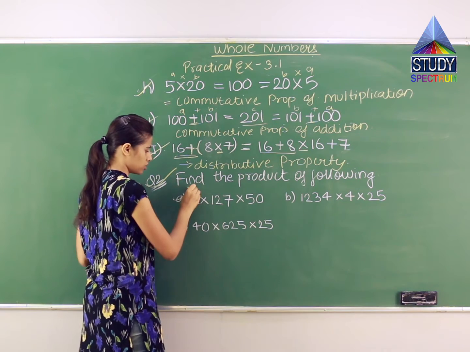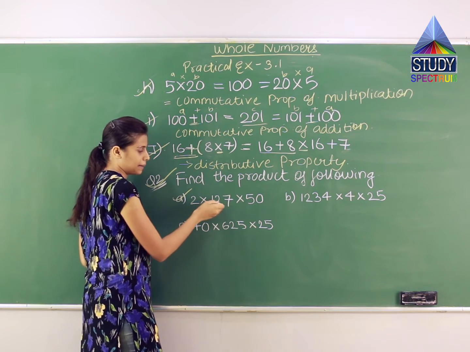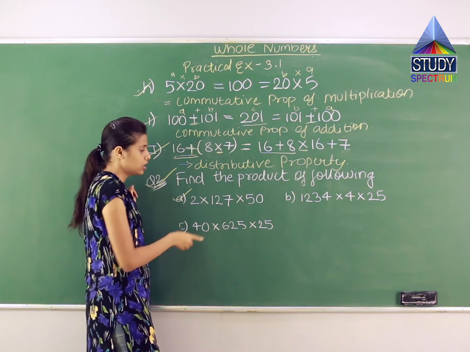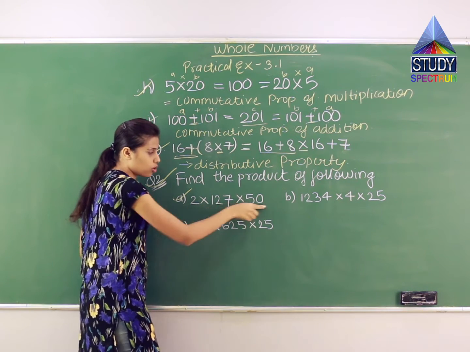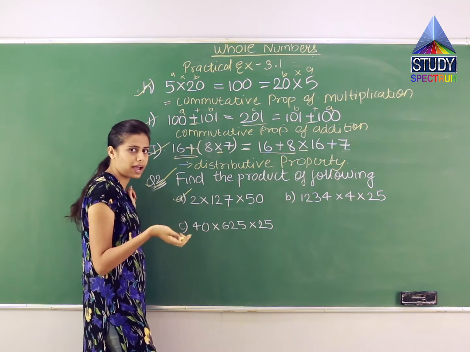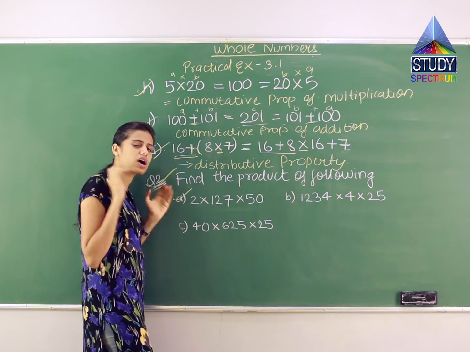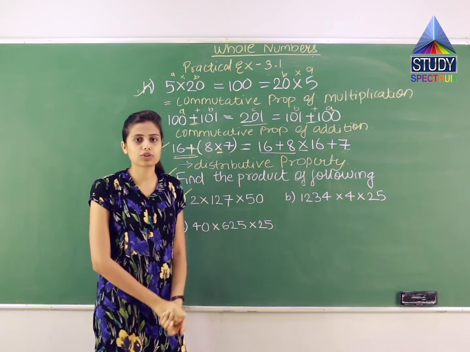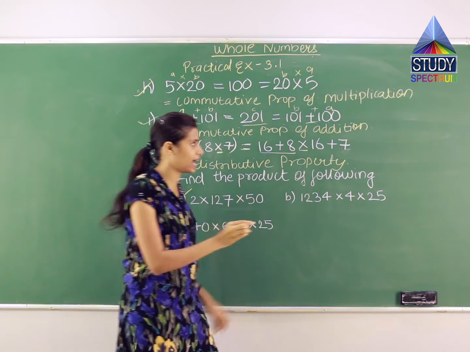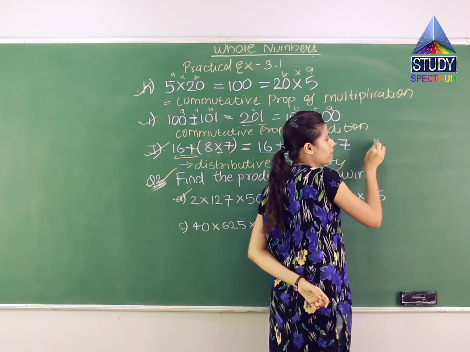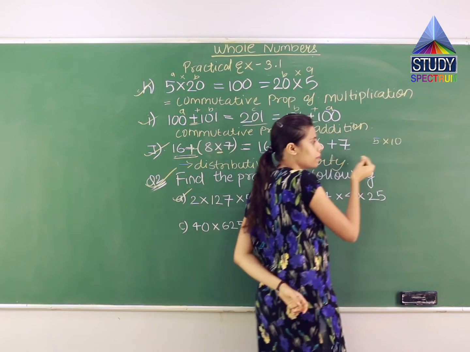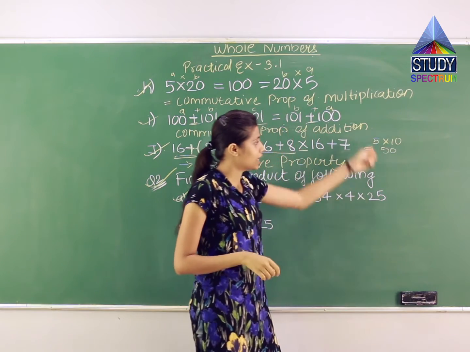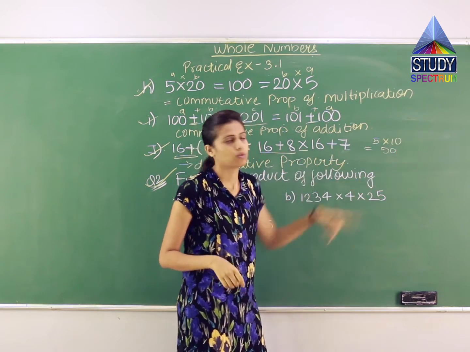In the first question, I have 2 multiplied by 127 multiplied by 50, right? So इसको मैं simple कैसे करूँ? इन दोनों को multiply करूँगी तो शायद कोई number आएगा, but it is difficult, right? मेरे को इसको कम करना है. How can I solve it easily? अगर 10 के साथ multiply किया तो क्या करना है? अगर किसी number suppose 5 को मुझे 10 के साथ multiply करना है. What will be the answer? The answer will be 50.